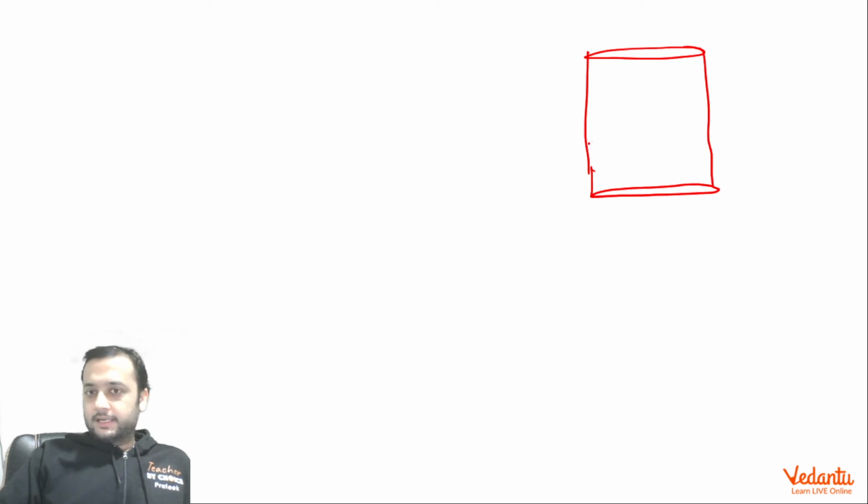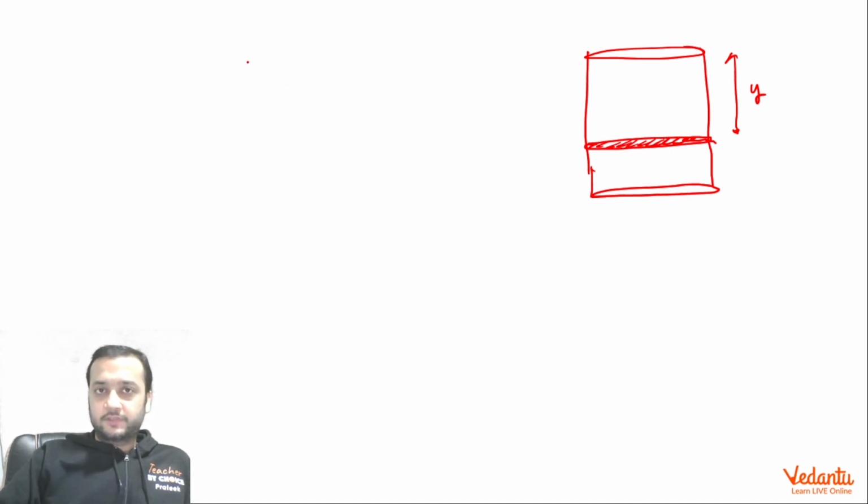So let us say the piston settles at this position and this is the equilibrium, right? We call this distance y, which is what we are interested in finding. Hence, we can say that the loss in the gravitational potential energy of the piston, which is m into g into (y minus 4), because it was at a distance of 4 from the top and now it is at y, will be contained in the gas.